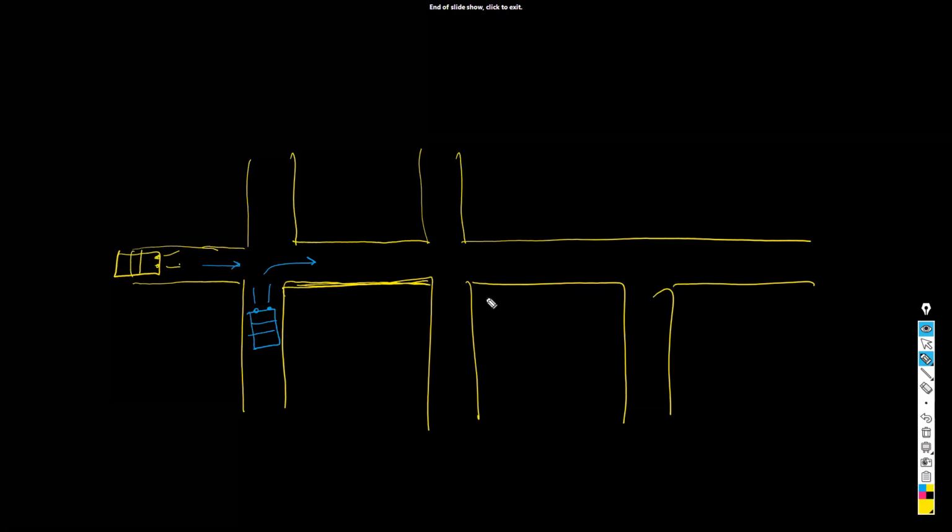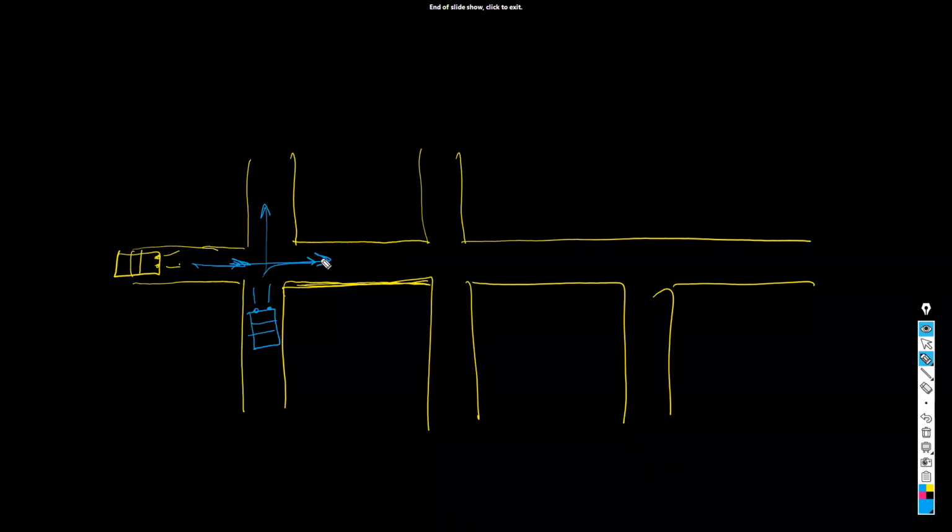What will happen if both of them try to cross? Maybe blue car wants to go straight and then the yellow wants to go to this side. Isn't there a chance there is an accident chance? So it would be better that first we allow the yellow car to pass or blue, whichever comes first, and then we ask the second one to go through, right?